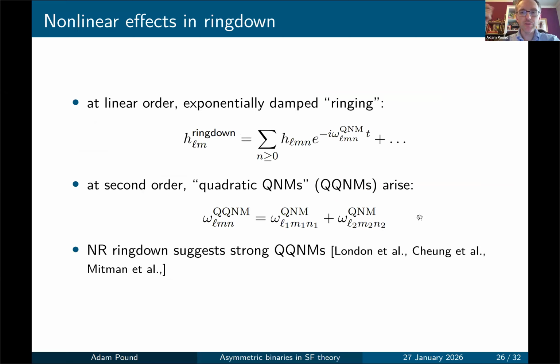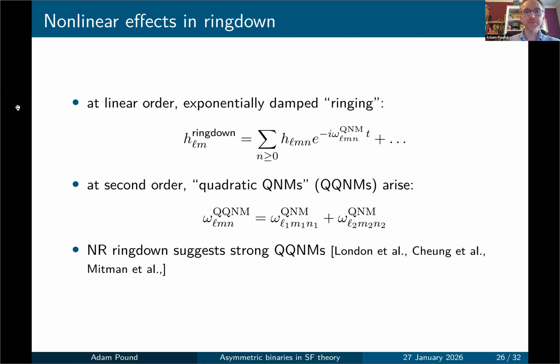Now, another thing we can do once we have these linear QNMs, these linear quasi-normal modes, is we can start to investigate nonlinear effects. So this is kind of a step towards a complete subleading order merger ringdown signal, but focusing on late times when the ringdown approximation is accurate. So this has been a big area of excitement over the past maybe 4-ish years, of nonlinear effects in